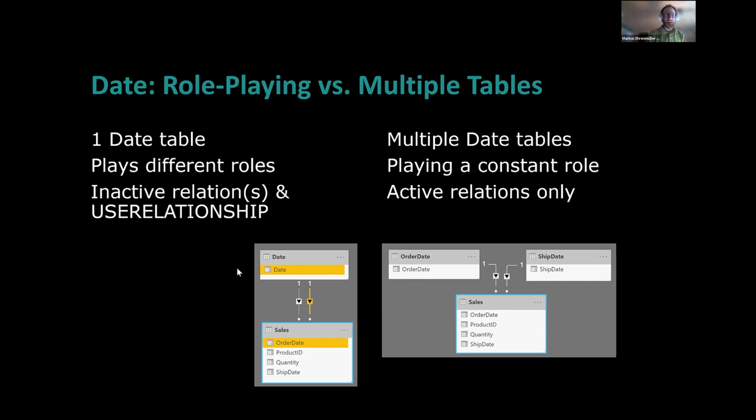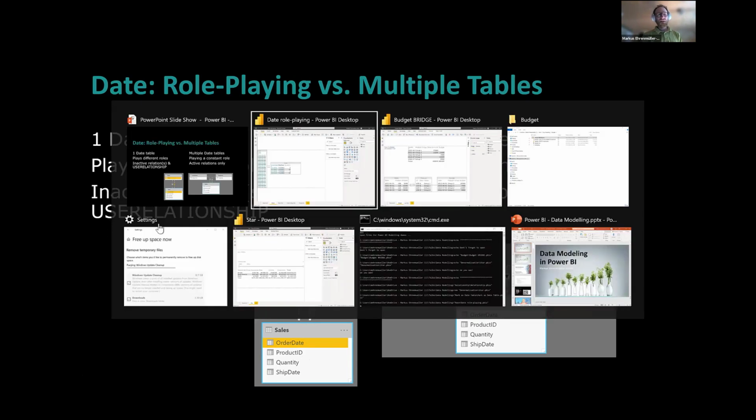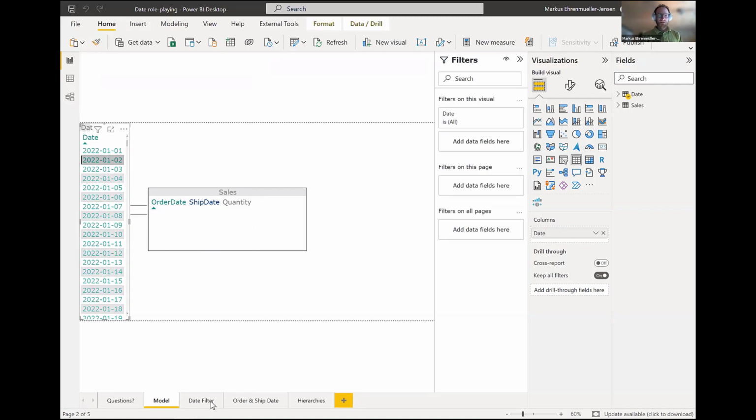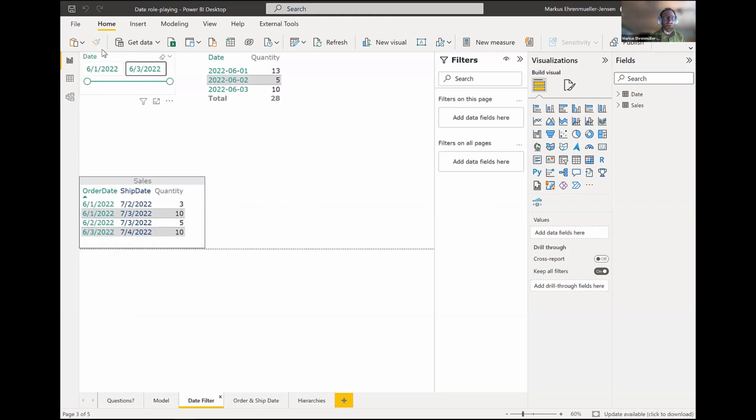So the role-playing thing would be that with one date table, the default behavior is about the order date. So if I filter here on different dates, it will filter the other table only on the order date, as we can also see here in this date filter. So now we have the 1st of June in here. And if I filter, for example, on the 2nd of June, then we will see that the last row is now missing because we filter now on the date. I put only the filter on the date, but as we can see, it's only filtering by order date. The ship date is in July, and we still see those rows even if I put the filter in here. So how can I also put a filter on the ship date if I need to?